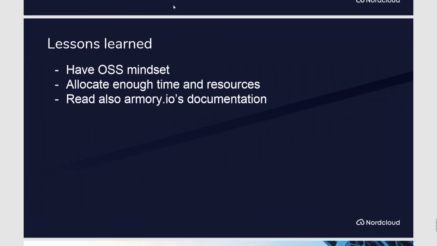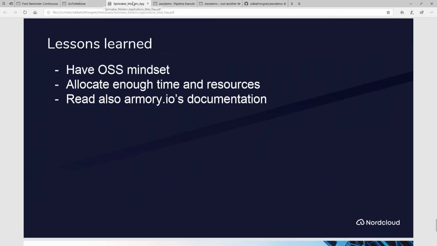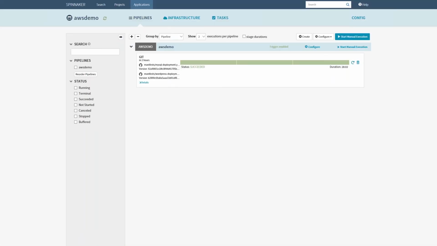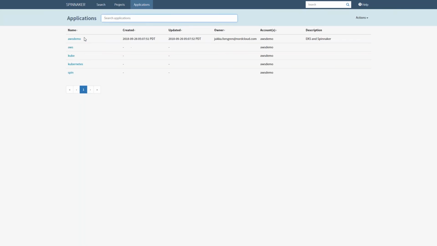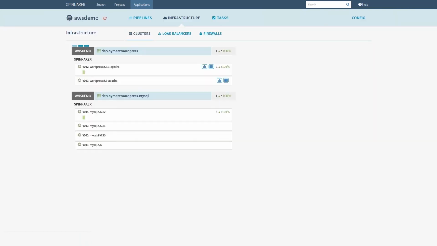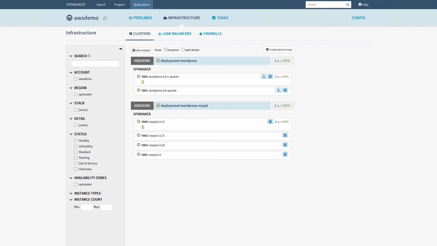So let's take a look at the demo next. We will jump straight to the Spinnaker UI that I have open here. I have a few applications here, and this demo environment is something that I just put up on my personal AWS test account. I didn't spend too much time preparing for this because I want to just show Spinnaker in action. This is the application view, and here under the infrastructure you can see the main